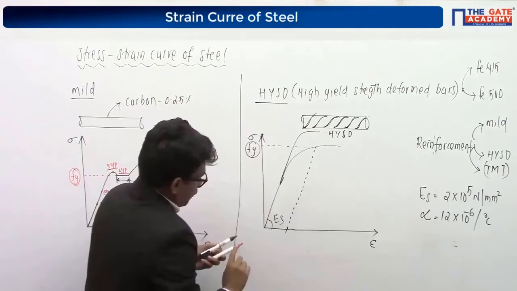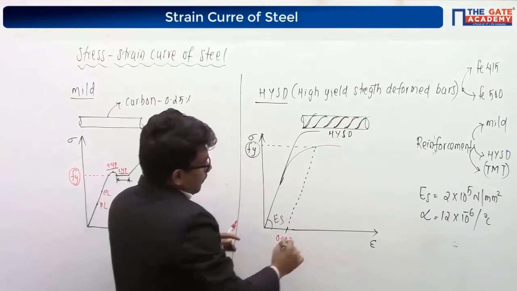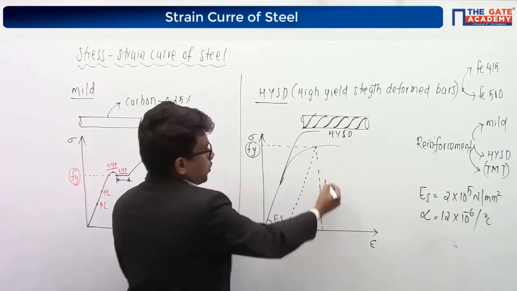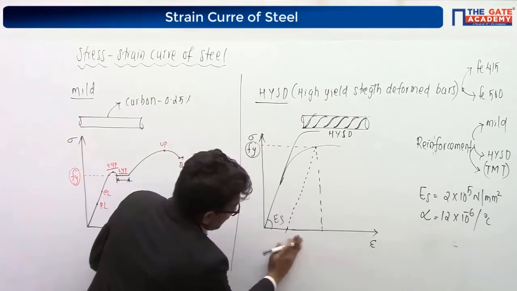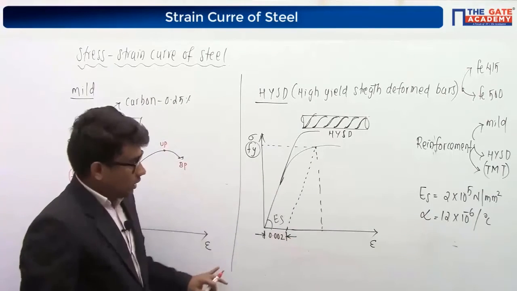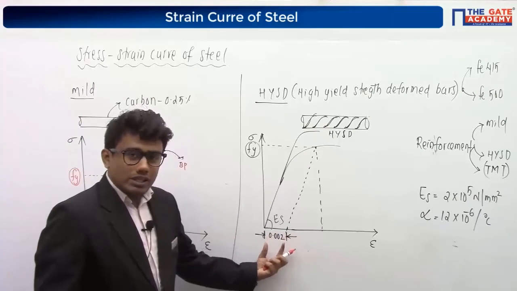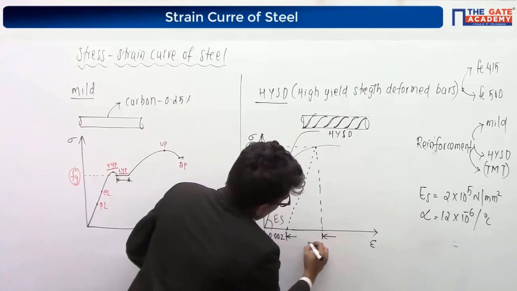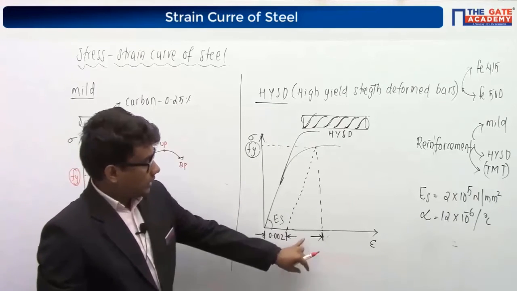We can move further. We know the strain value here, right? We know the strain value here, that is 0.002. If you want, we can find the strain value corresponding to this point. What is the strain value at this point corresponding to this yield value? If this is 0.002, it means from the origin along the x-axis, where we have the strain value, it will be 0.002. Can you find what this portion will be? What is the strain value here?